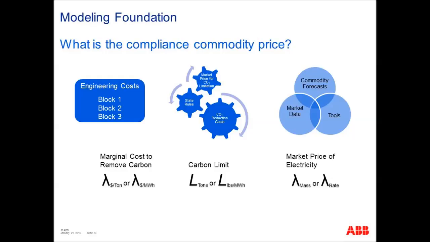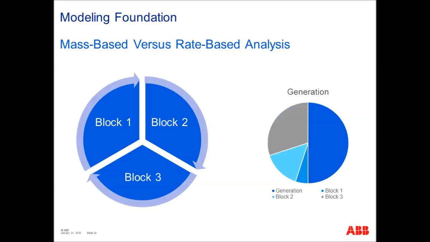Now, in a mass-based versus rate-based analysis, it can be intimidating or it could be simple. It's all how you look at something. But basically, you're looking at how you can use these combinations of Block 1, which is heat rate improvements, Block 2, shifting coal to gas generation, and Block 3, shifting coal generation to renewables. And all of that is to get us to this new diet that's going to help us lose carbon pounds.